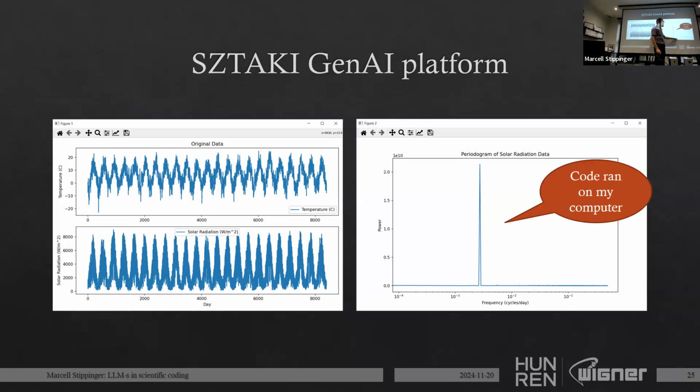we look at the horizontal axis, it's correctly in cycles per day, and the yearly cycle has a high peak, so the temperature has a yearly cycle. The other data set was shown in a different window, and